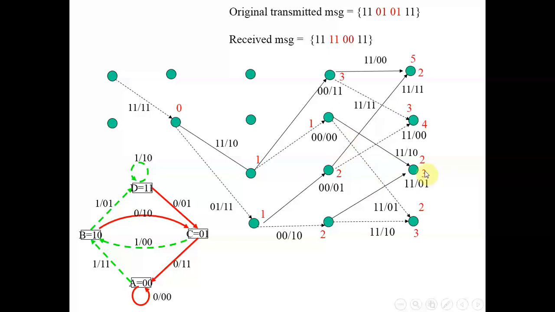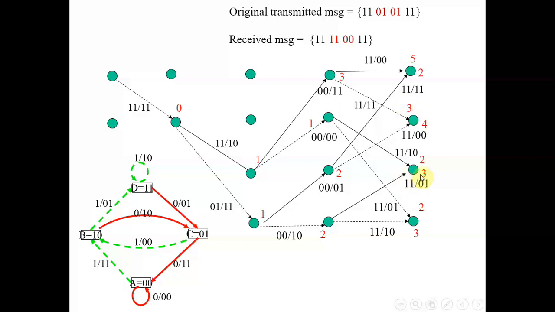Now once you calculate all these paths, again at this node you have 2 paths, 5 and 2. At this node you have 2 error counts, 3 and 4. So out of these 2, I am going to retain the path which will give me a count of 2, and I will eliminate the path of 5. For this particular node, I am going to eliminate the path of 4, and I am going to retain the path giving error 3.